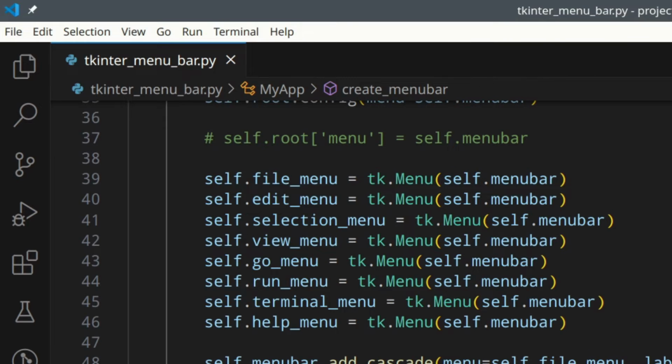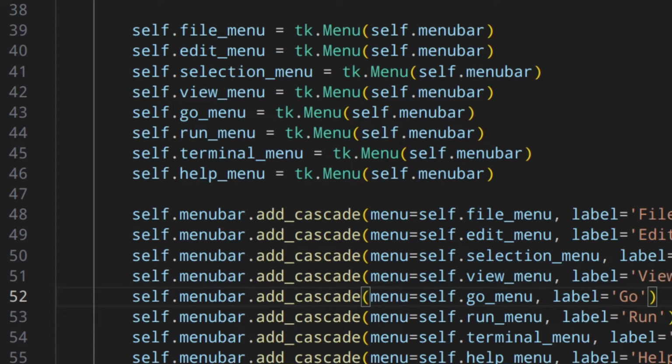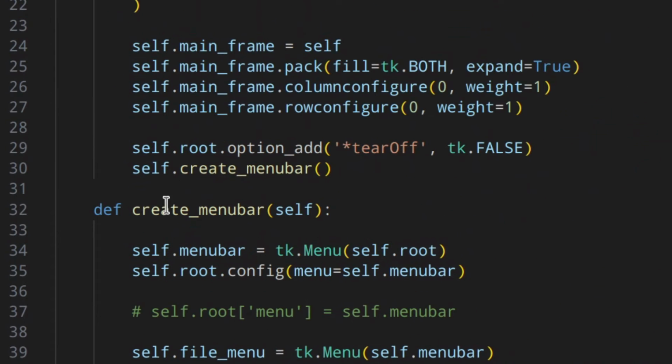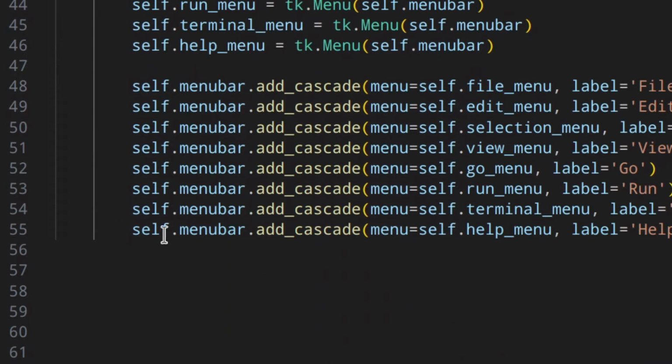And then after we've done that, we'll see how to style everything and the differences between Linux, which is the operating system that I'm using, and Windows. So now, as I said, we need to add elements to this menu, and we could do this here inside the create menu bar. But I actually like to structure things a little bit differently. So I'd rather divide the whole thing into different methods. So one method for the go menu, one method for the file menu, edit menu, etc.